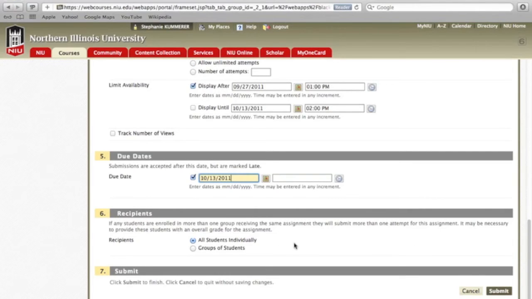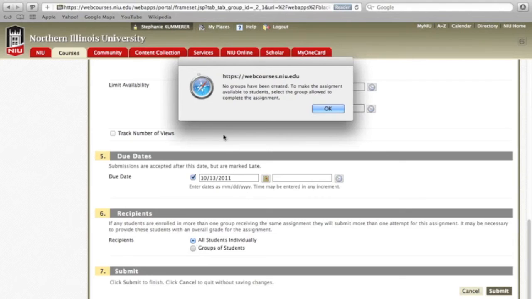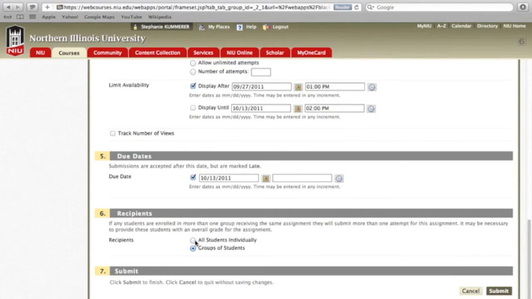The very last step on here is deciding your recipients. The standard is all students individually, which is pretty much what you're going to be doing, but if you do have a group work project and you want to make it available so one person of the group submits the paper, you can click there. Right now it's telling me I don't have any groups set up, which makes sense, so I'm going to go back and put it back at all students individually. Once you have everything set, you simply want to click on Submit,